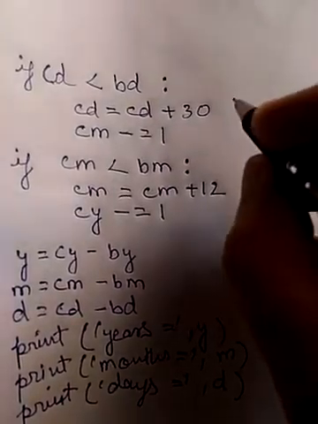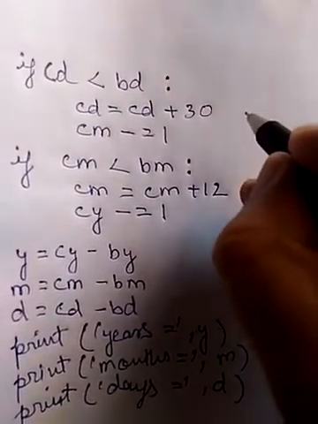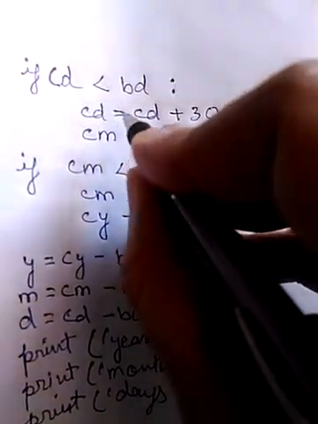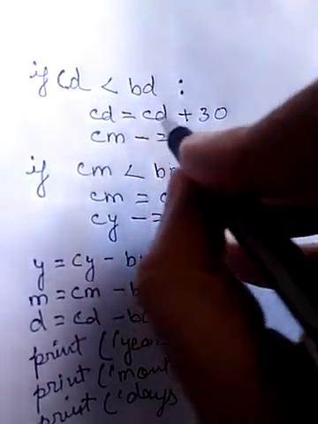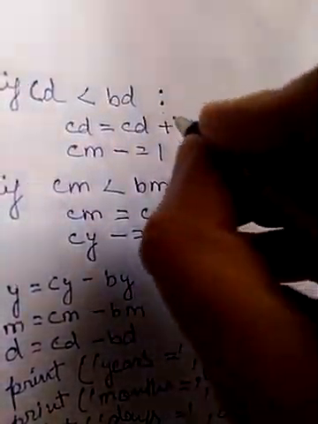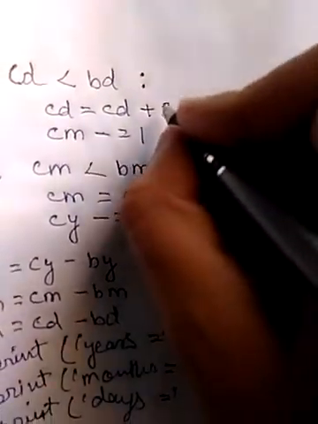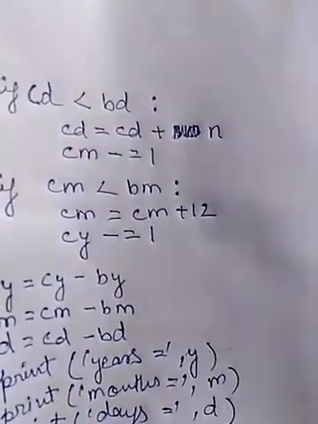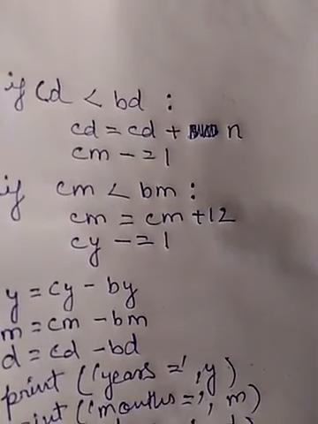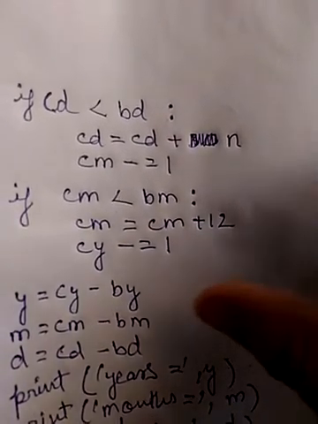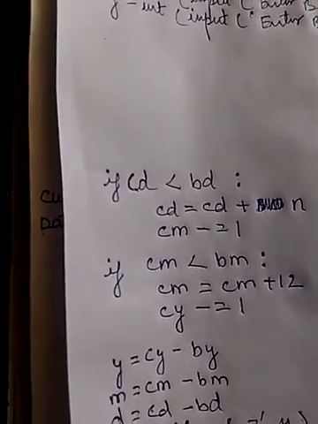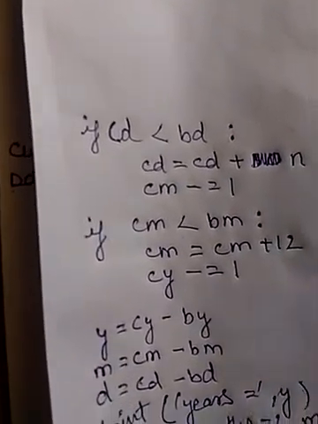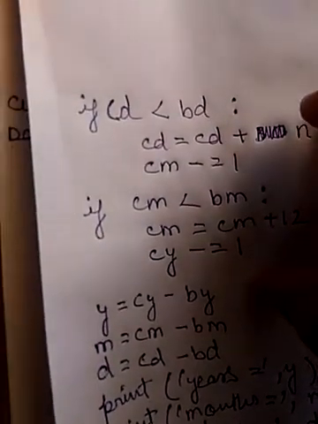Now if we want that the exact days should be added in the current date, instead of writing 30 here, I am using, let us say, a variable n. n will be the exact number of days which we have to add. Now we have to find out whether it is 31, 30 or 28. Then how can we do this?